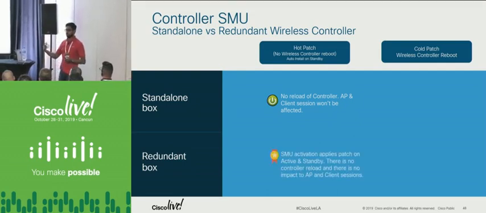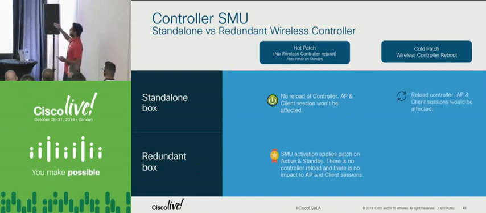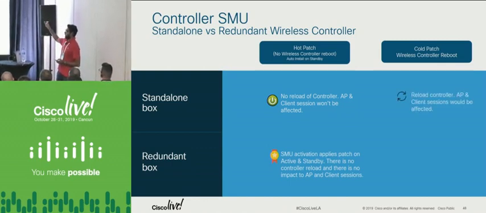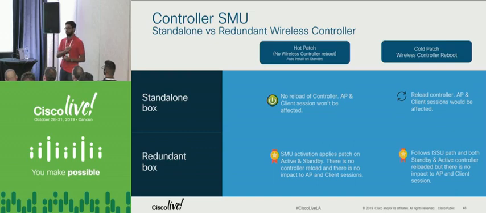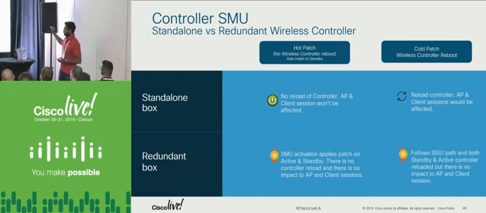You install it on primary, it will percolate into secondary, and all this time no disruption. When you install a cold patch, the standalone box is the only scenario where you will require a reload, and by an efficient design, you will always add redundancy to your controller, either as an N+1 or as a redundant box. In a redundant box scenario, you will not experience an outage as a standalone box, because